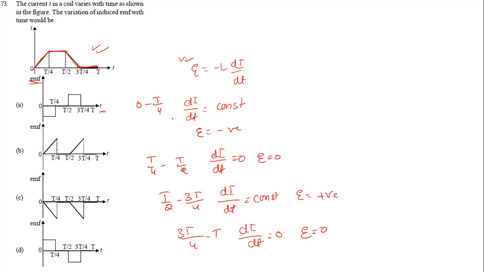So if you look at the first region, EMF must be negative. Where is negative there? Here negative is there. So this one is not negative, it is a wrong answer. Here negative is there, so it is either A or C. Now look at T by 4 to T by 2, EMF is 0. EMF is 0 here also, and here also. Right. Now look at T by 2 to 3T by 4, EMF is positive. Here EMF is again negative, so it is the wrong answer. Here EMF is positive, so this is the right answer.